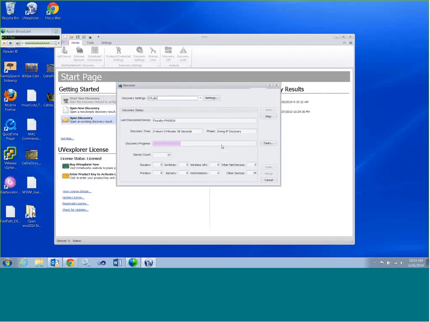As this goes along, you can see the feedback coming. I'm discovering a fairly diverse test lab that we have here, and so you'll see lots of different things show up. But as it goes through, it tries to locate all the IP devices that you have on your network, and then also it goes into a deeper type of discovery. As I had mentioned earlier,